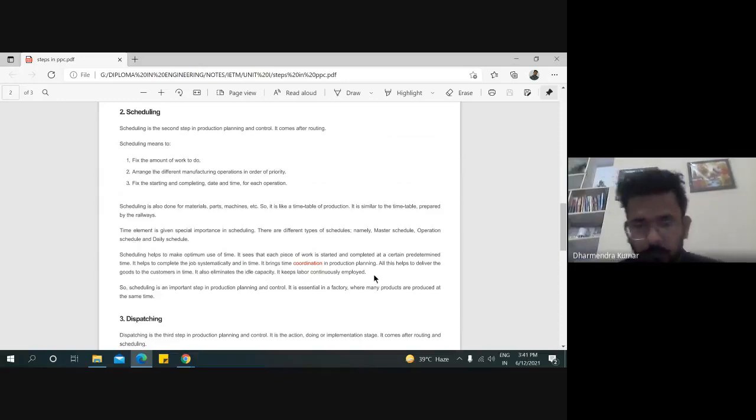Like the earlier topic, if questions come regarding the benefits or advantages of scheduling, or how scheduling is beneficial for any manufacturing plant, then surely we have to write these points. All these points refer to the maximum utilization of time. It tells about the starting time and the finish time, if all processes and all workers are working on time in that manufacturing plant.